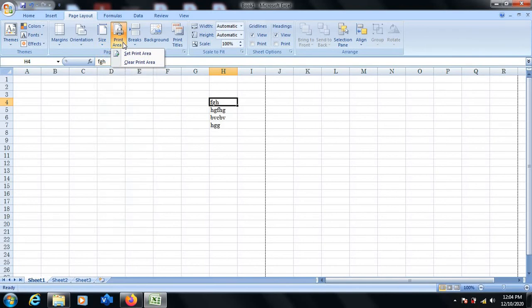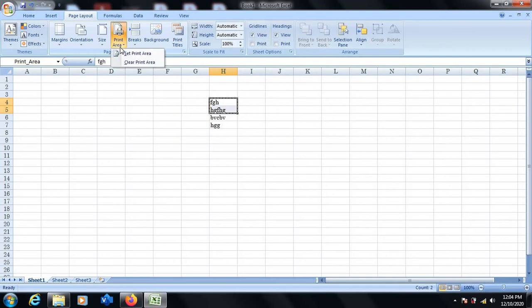Print area. You can set a print area if you don't wish to print all 4 lines available on this worksheet. If I want to print only the first 2 lines, let me select the first 2 lines and set this as print area. So if I give the print command, from this worksheet only the first 2 lines will be printed.